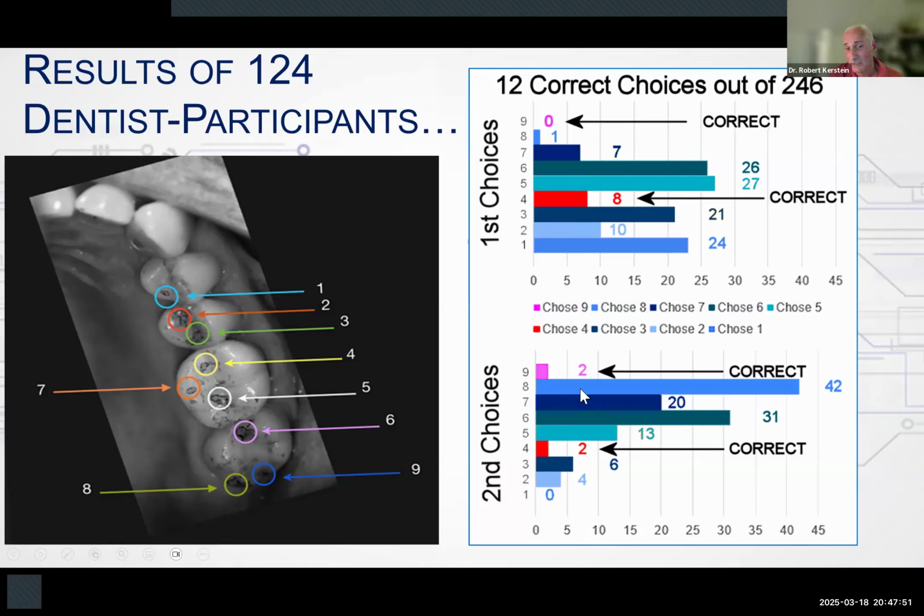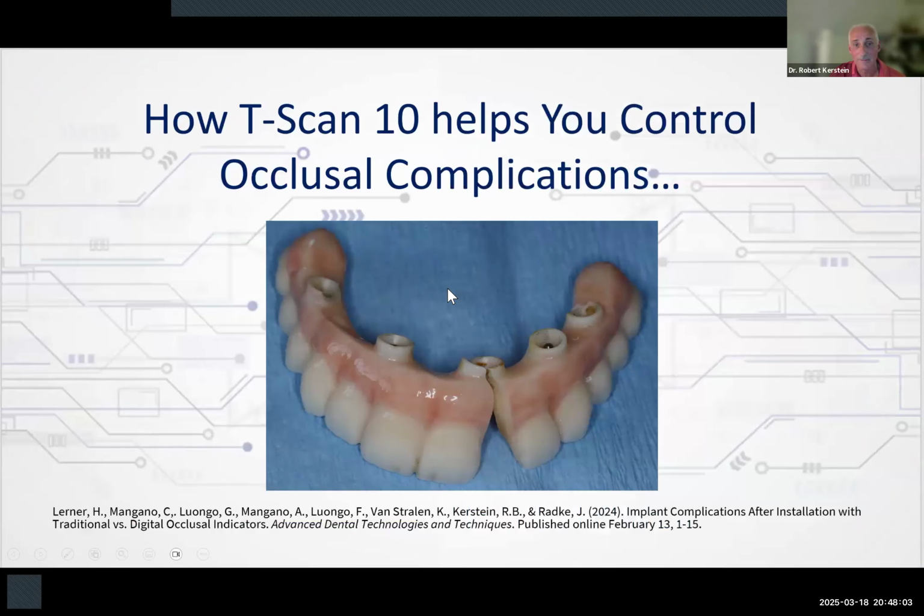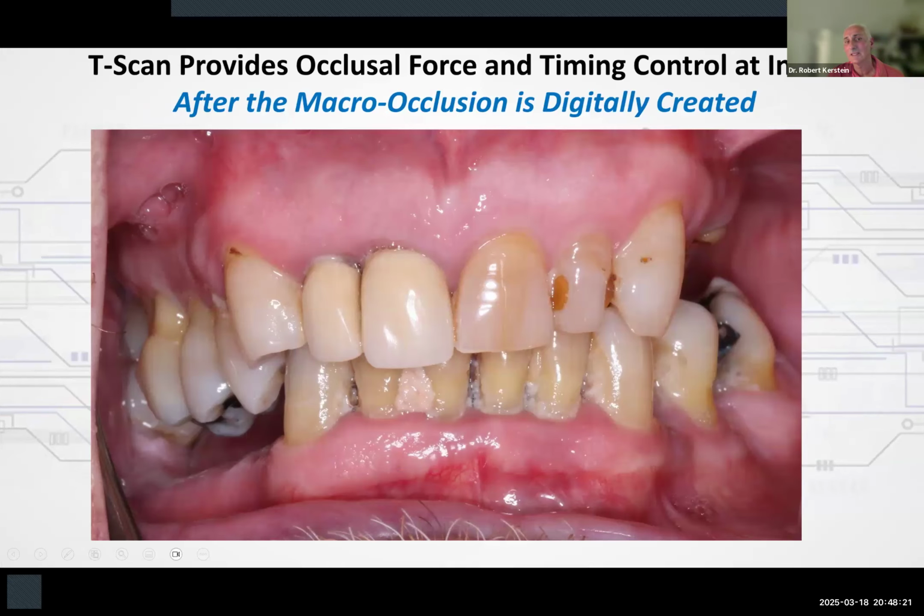The second choice, they chose 8 dramatically. Well, 8 is a big dark mark right there. This is a huge problem for the patients because when we grind the wrong places, we can destabilize their bite. So the question is then, how does T-Scan 10 help you control occlusal complications? Well, it's actually been studied. This study was just published in 2024, and I won't show you the whole study, but I'll show you the real important information. So essentially, what T-Scan does is it provides occlusal force and timing control